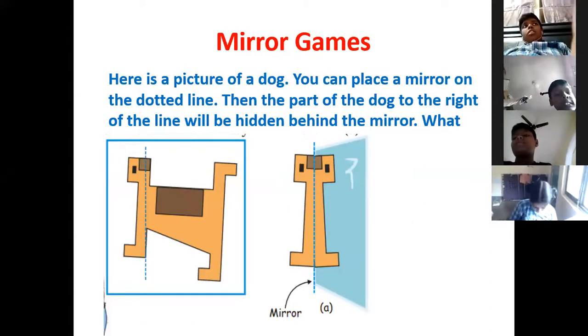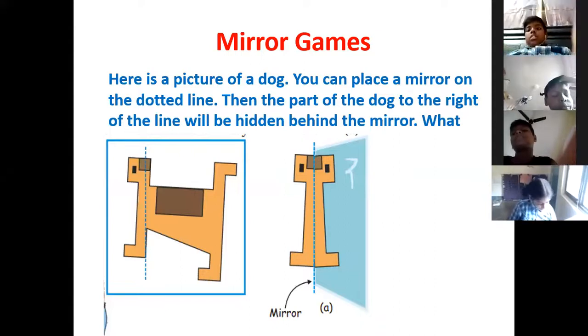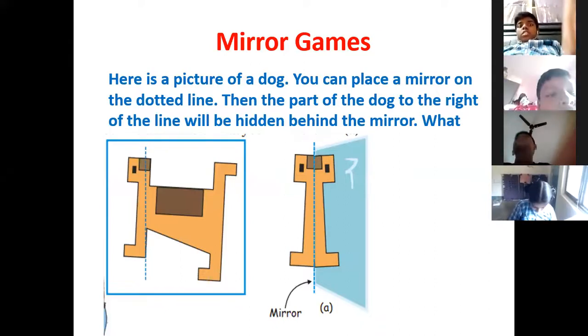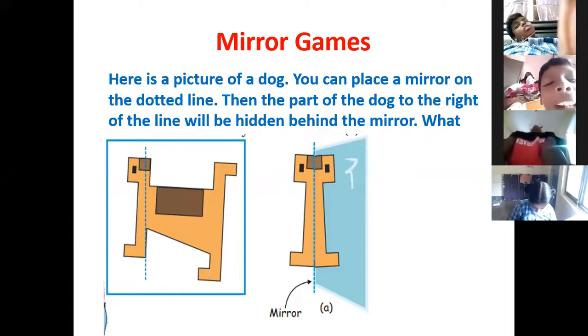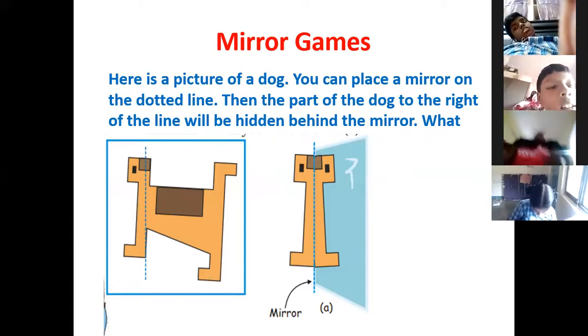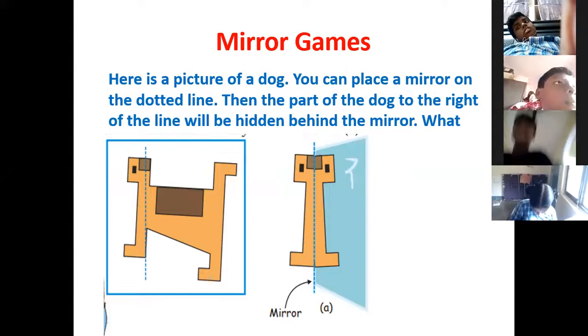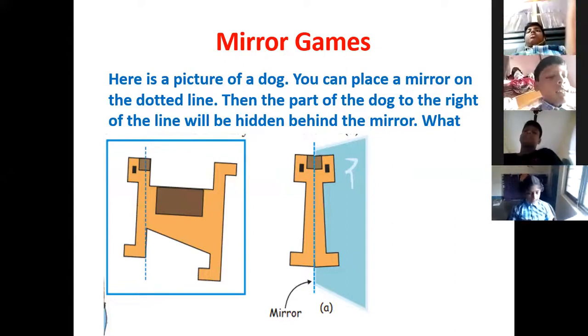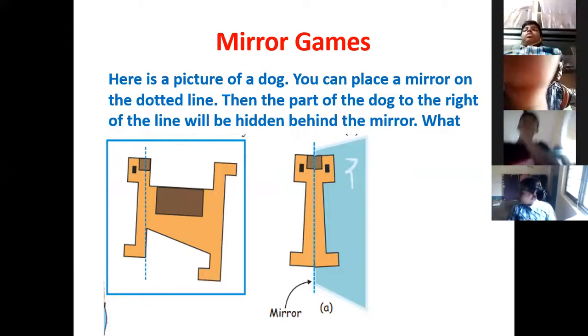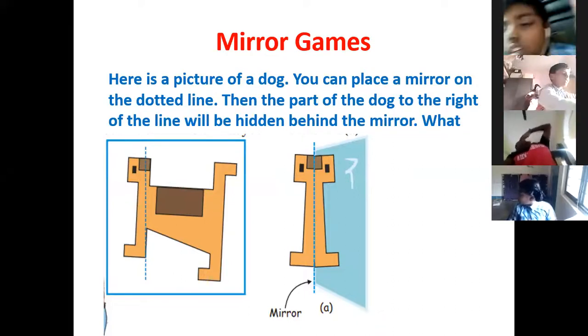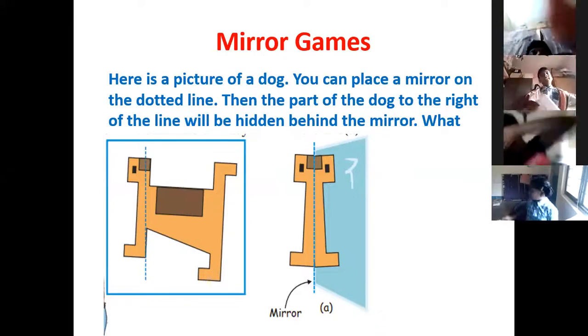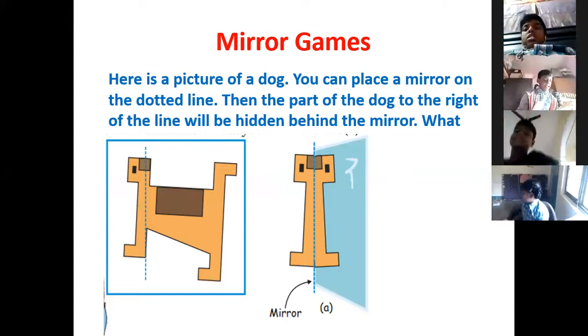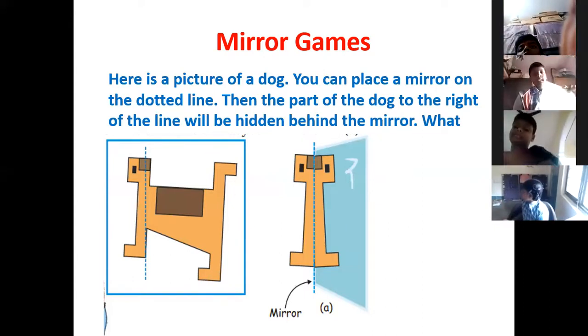A mirror game you can try at home if you have a mirror. You can try this. See, in the given picture, the dog image is there. That is not a symmetric picture. But if you draw a line exactly in the beginning,